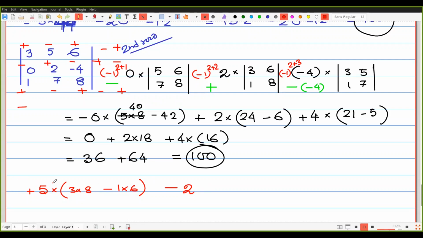Sorry, the very first one was the minus 5. Now that one is the plus 2 into, once again